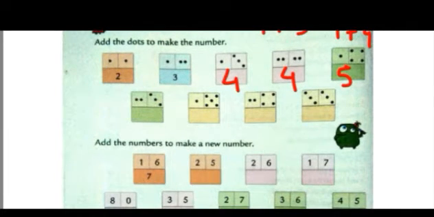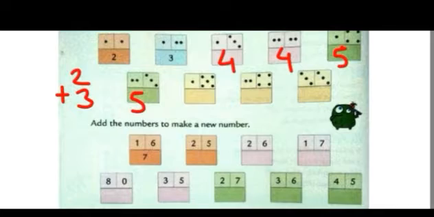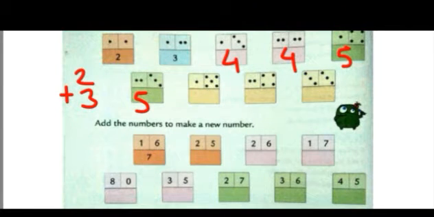In the first box, there are 2 dots. And in the second box, there are 3 dots. So let's see what is our answer. 2 plus 3. So total how many dots are there? 5. So we will write here 5 in the given space. So scholars, now the remaining 3, you can try it yourself at home. This will be your homework.